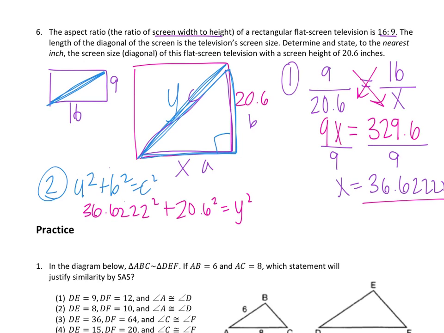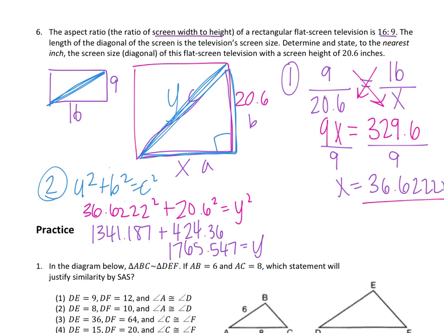So we're going to type this in. We're going to square that 36.62222 squared is, wow, big number, 1,341.187 plus 20.6 squared, 424.36. We're going to add those two together because that's what it says to do after all. Now we get